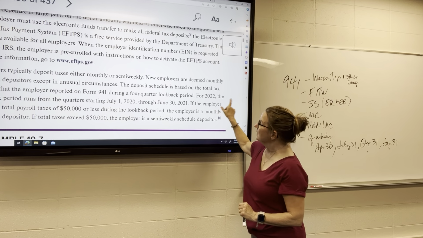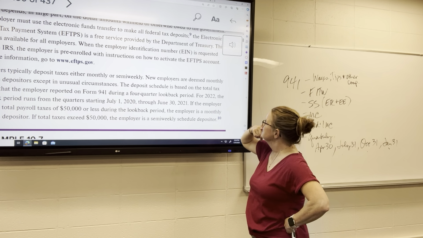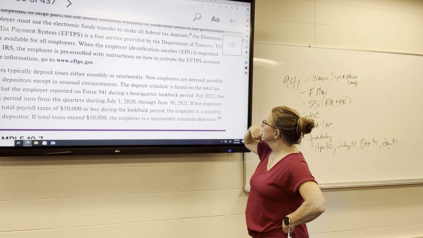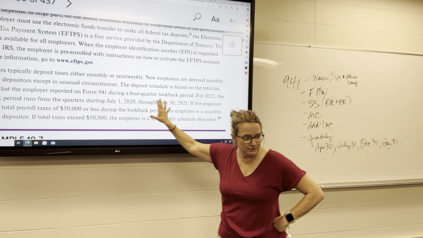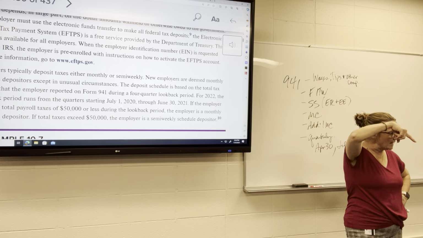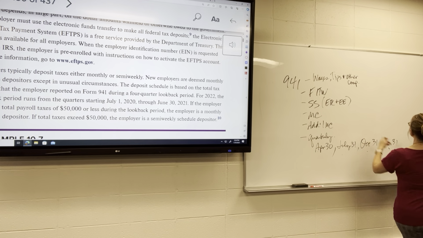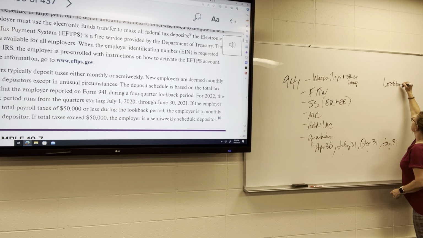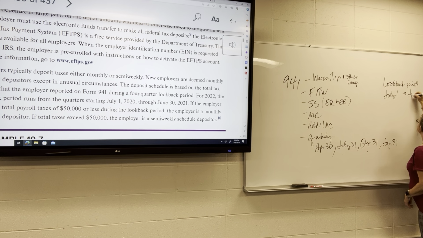I'm kind of jumping around here. I apologize. I'll talk about the look back period first. Do you all recall the look back period? So the IRS is going to look back at the amount of taxes that were paid and due during a look back period, which runs from July 1st through June 30th. They're going to look at the taxes that were paid during that time,